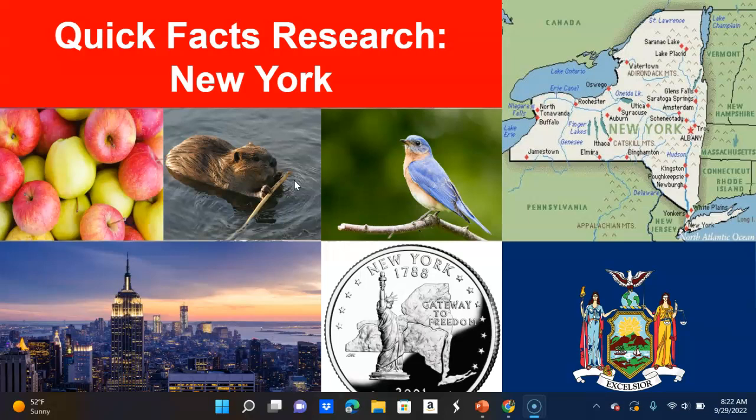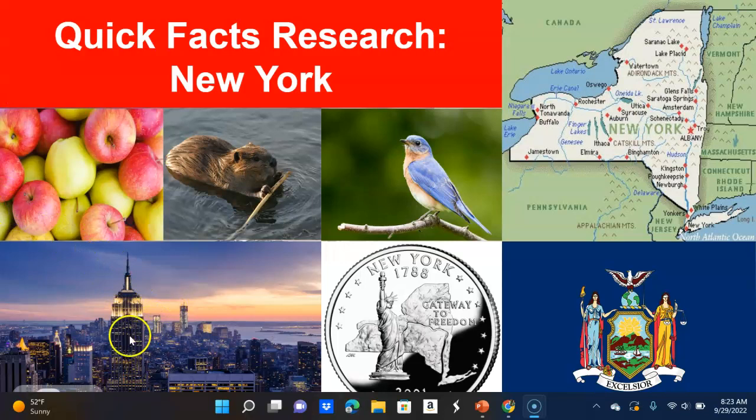So I'm really interested. I came across that one. I thought, let's see what that one's all about. So beaver people, make sure you're ready to go. Then going on to the left, which is the state fruit for the state of New York, which is the apple. So that's kind of an interesting one here.